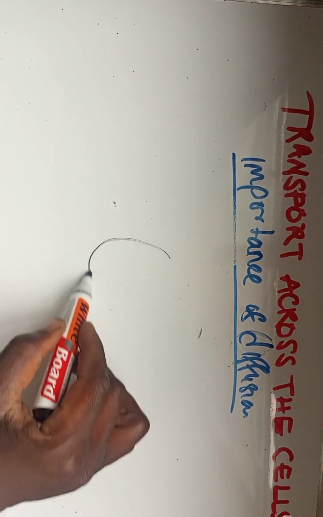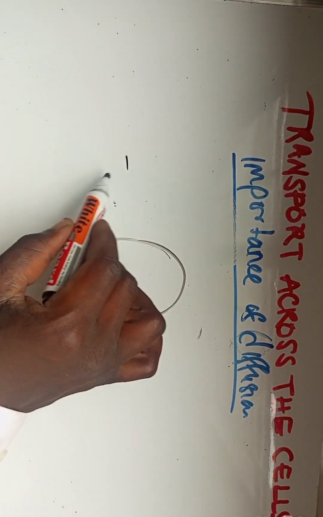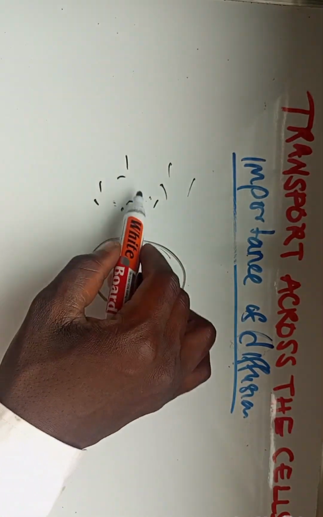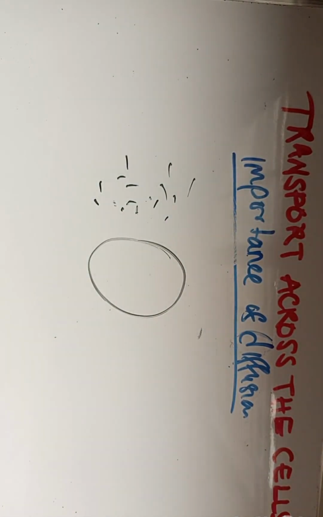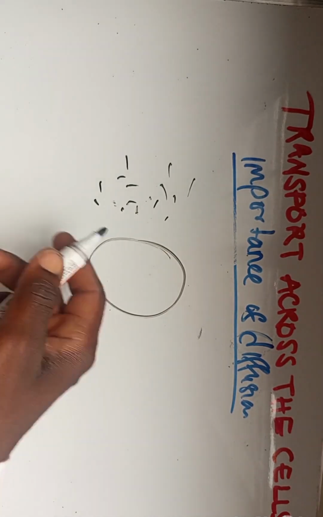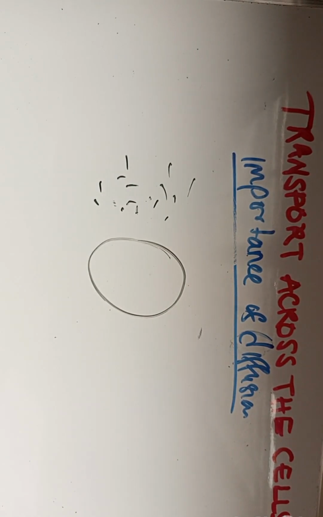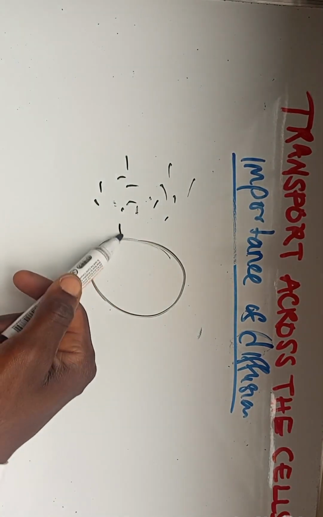So if here we have the cell, a plant, then here we have the concentrated region of higher concentration of nutrients, dissolved food, which when we eat, goes to the stomach, digestion takes place there, and then to the small intestines. As you know, the small intestines are divided into three: the duodenum, the jejunum, and the ileum. There assimilation takes place whereby the dissolved nutrients go into the bloodstream, and from the bloodstream they enter the cells